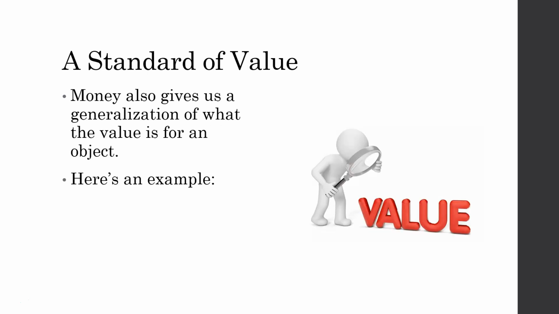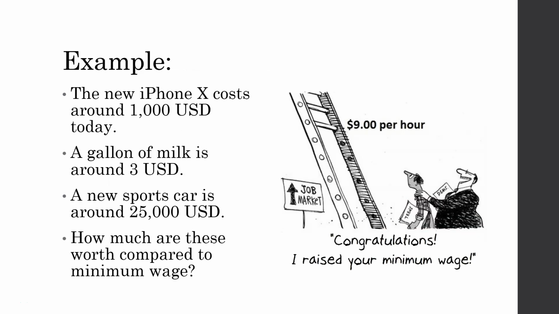Now, the second thing that money can do is it is a standard of value. Money gives us an idea of just how valuable an object can be. Here's an example for you guys. I've listed three things and what they are worth. We have an iPhone, which is about 1,000 USD. We have a gallon of milk, which is around $3. And we have a new sports car, which is worth about